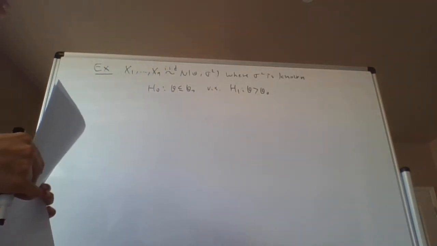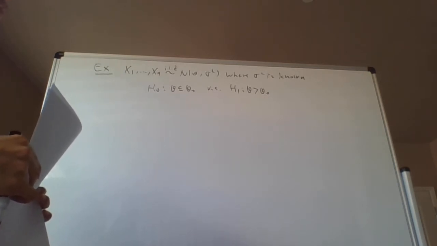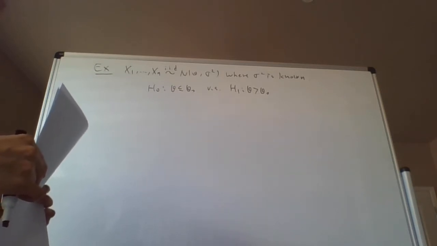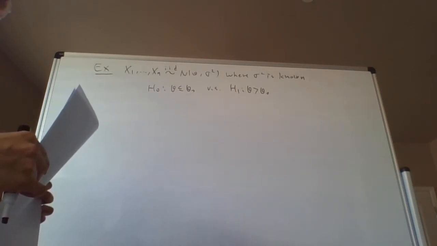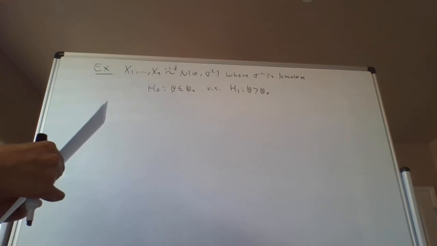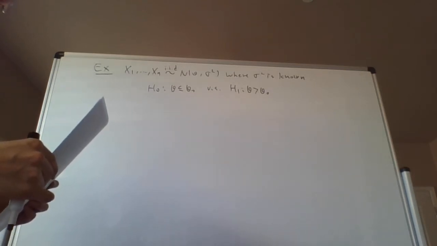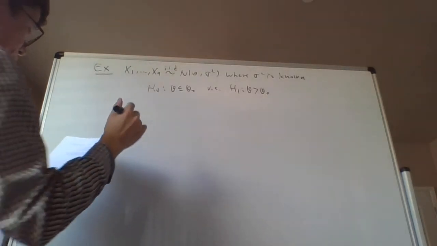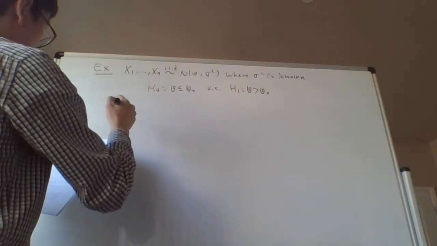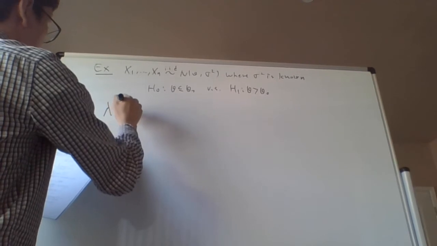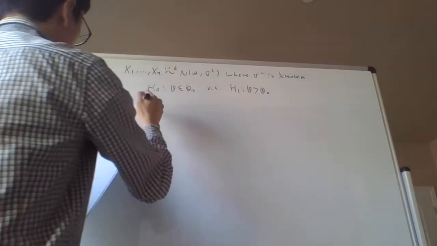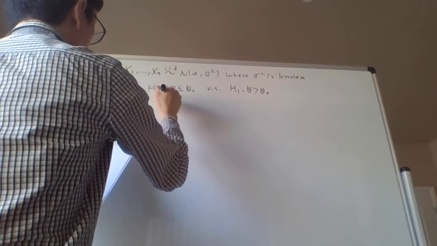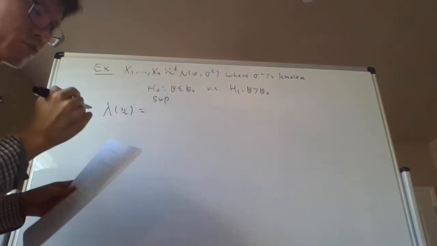So we are considering testing theta less than or equal to theta 0 as the null, and theta greater than theta 0 as the alternative, and we would like to find the LRT and its power function. And we have a normal random sample. Then the likelihood ratio is